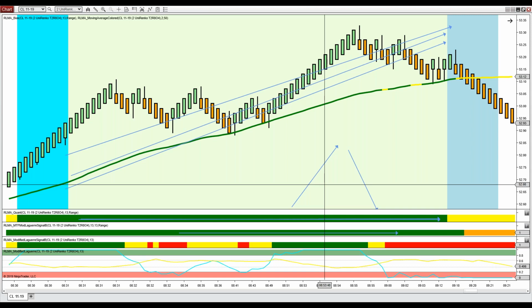Divergence has been around forever. And the guy who invented the stochastic oscillator, George Lane, did it in 1957, a brilliant mathematician who unfortunately died a pauper. And a lot of brilliant guys did. I think Vincent van Gogh died a pauper, or killed himself when he had no money. But in any event,